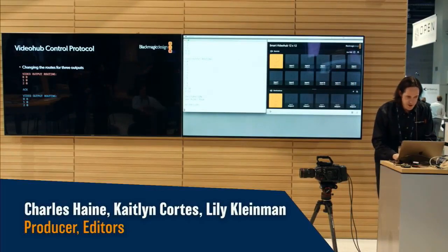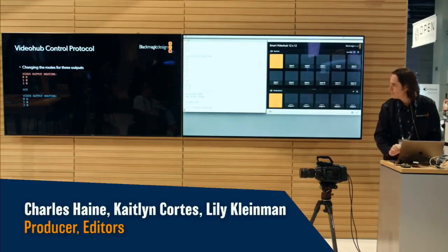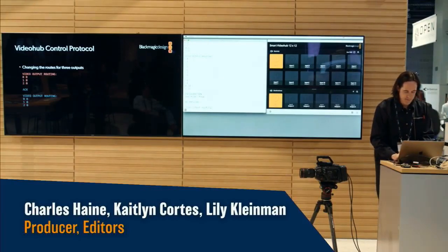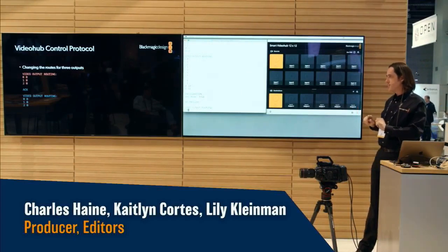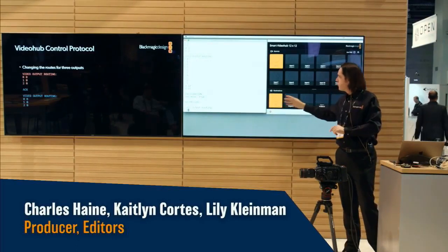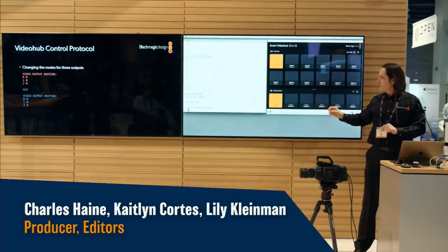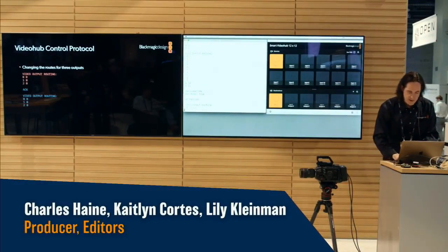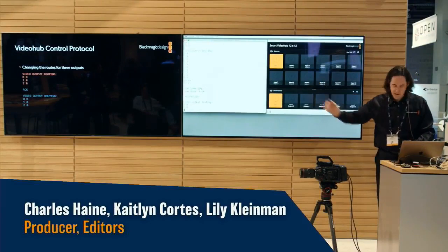So I'll demonstrate how you would change this. I've typed in the command name, and I'm going to make output 0 connected to input 1. Now, computers like to start counting from 0 rather than 1. So in the protocol, it's numbered 0, but on the user interface, it's numbered 1. That's true for the inputs and outputs. So I'll connect output 2 to the same one, just like in the example on the left,